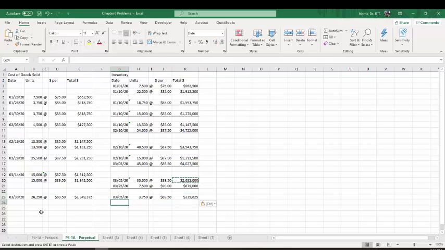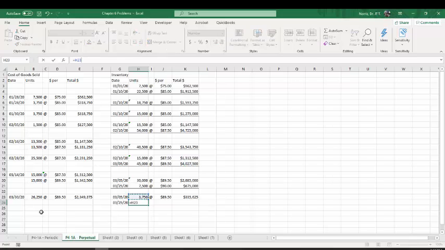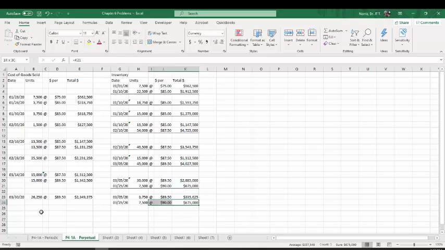And we have all of the March 25th purchase of 7,500 units that cost us the $90 each. And that's what we have in ending inventory,